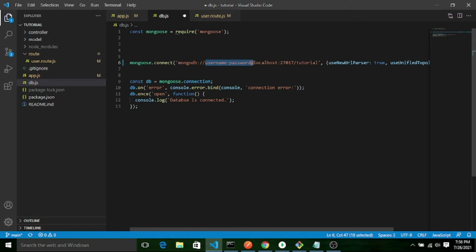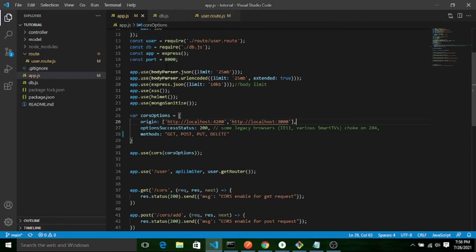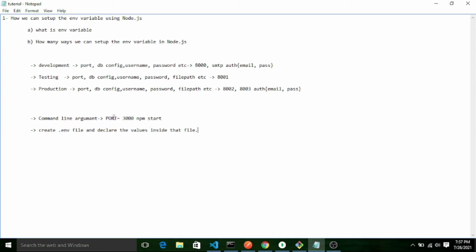So today I will remove these and pass them from the environment. I will pass those values as environment variables, and I will show you. So first way, let me declare it like this. Once I follow the first step, I will pass this when I start the server, and I will fetch this port value in my app.js file.